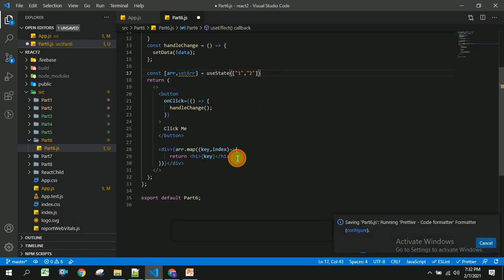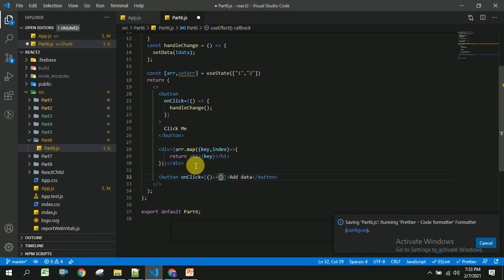So let us save this, and the next one is we are going to add data. How to add that? Let us see. For this I am going to create a button. So once the user clicks on this button, we will add the data to that array. Add data, and I am going to create an onClick event handler.